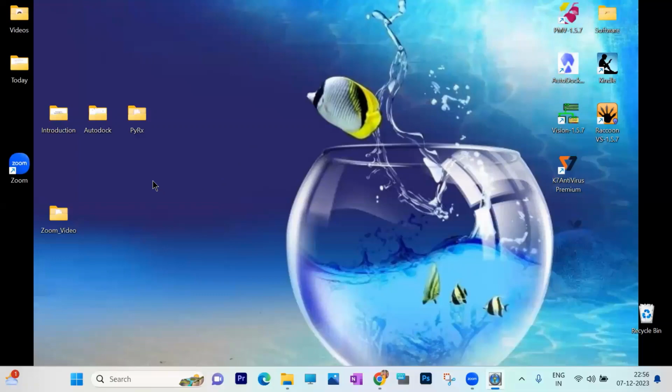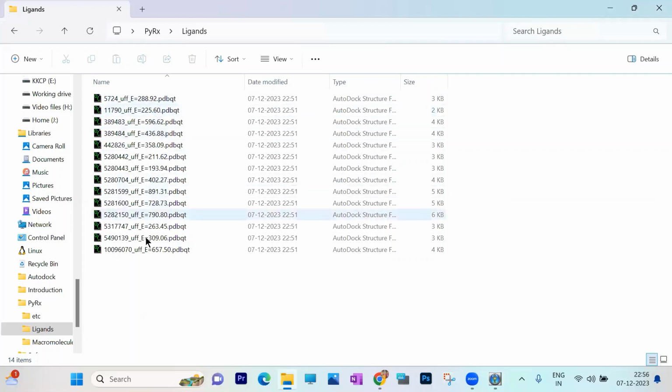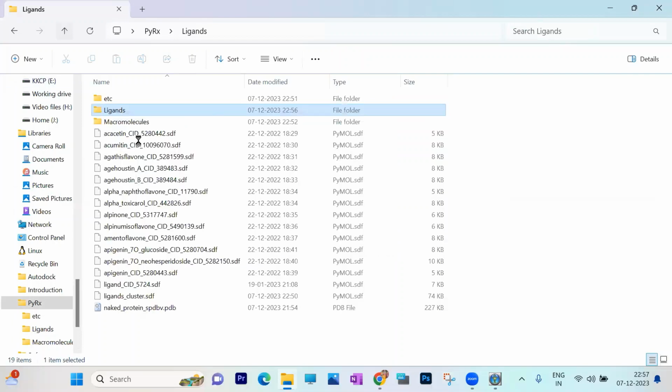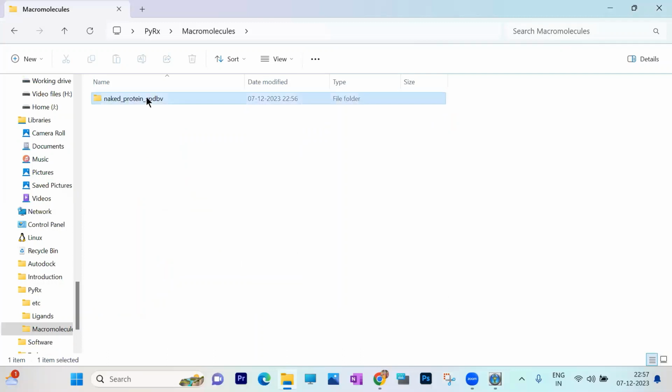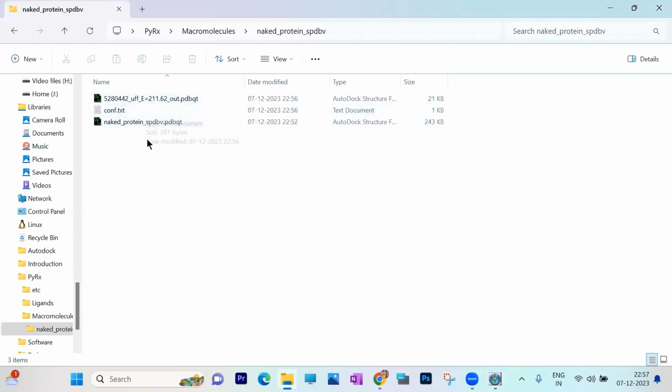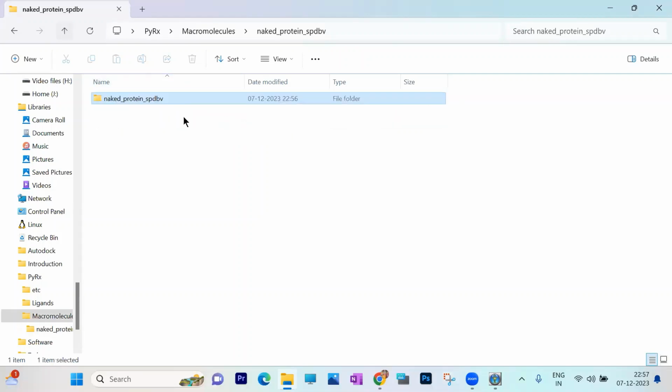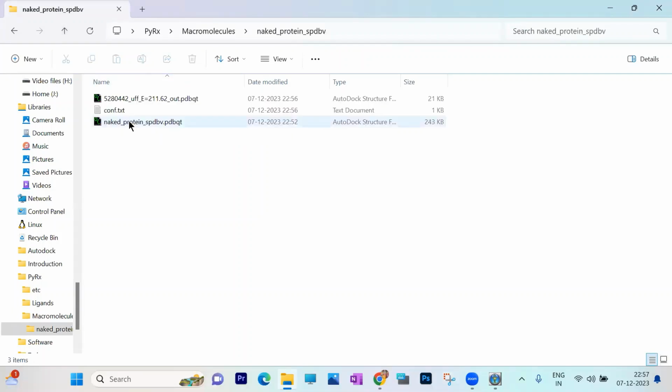So we'll minimize this and I will go to the ligands tab. Here you can see it has created an output for the first ligand. Okay. So these are the ligands. Then in the macromolecules section, you can see it has created an output file for the ligand. Out.pdbqt is the result file. But this out.pdbqt is a merged file of 10 poses, whatever we have seen in the